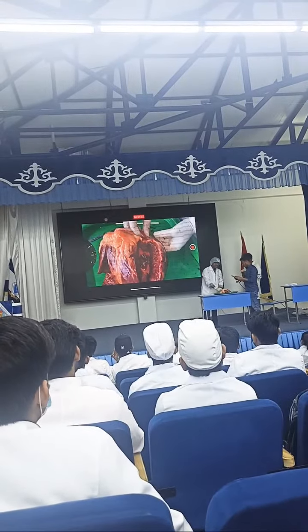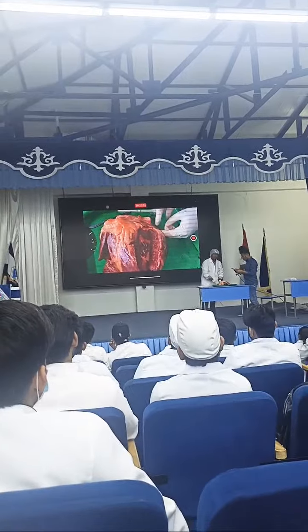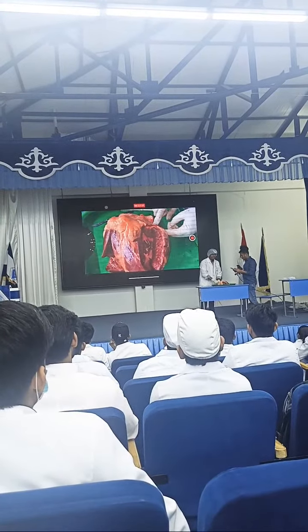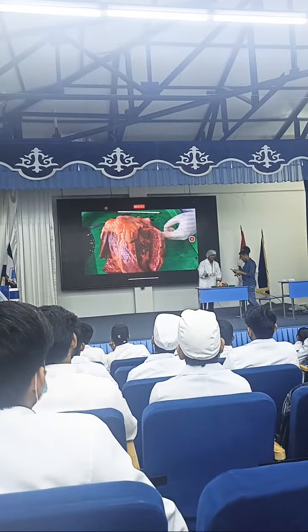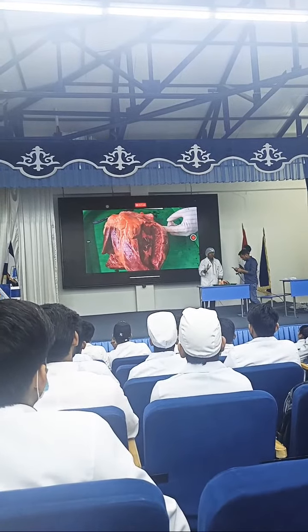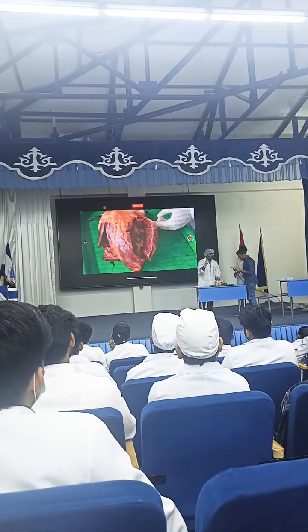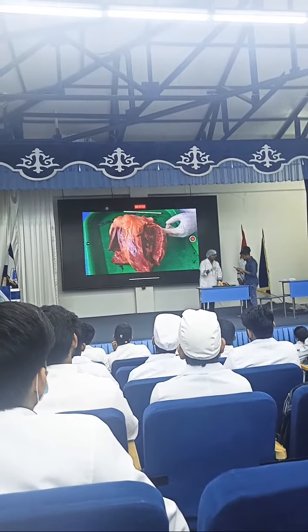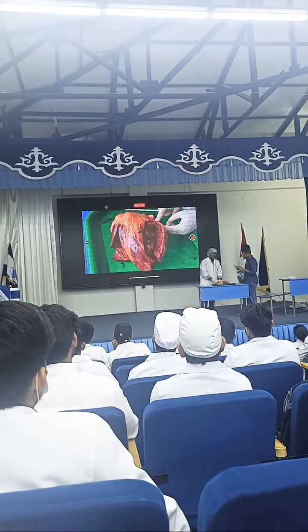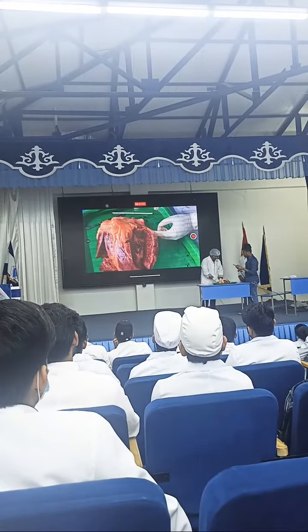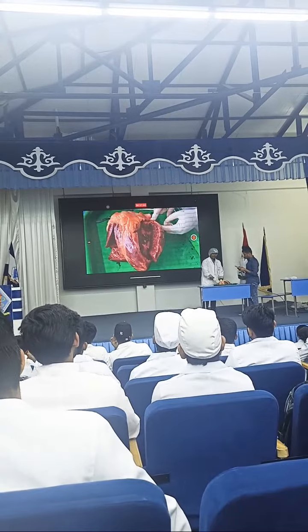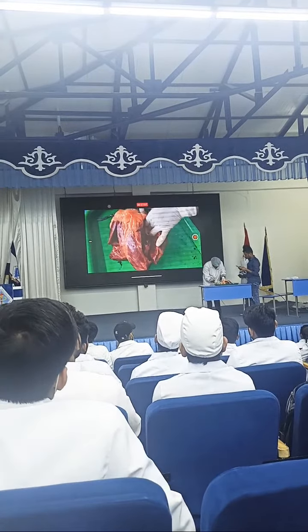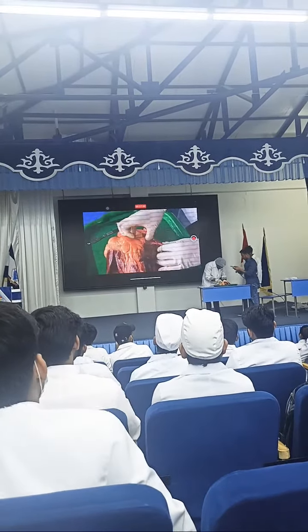Now what are the conditions where you will have thrombus formation in the left atrial appendage? We have one particular abnormal heart rhythm that is called atrial fibrillation. In atrial fibrillation, you have thrombus formation within the left atrial appendage. Okay, that is the clinical importance of your left atrium. Right now, if you take this left atrium,